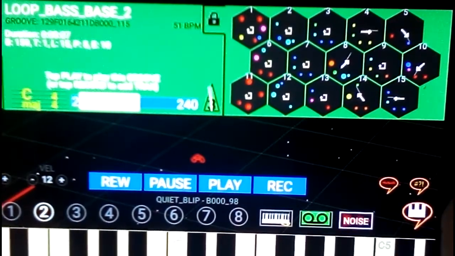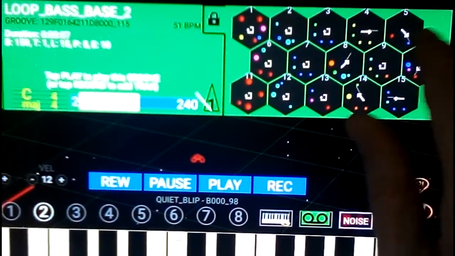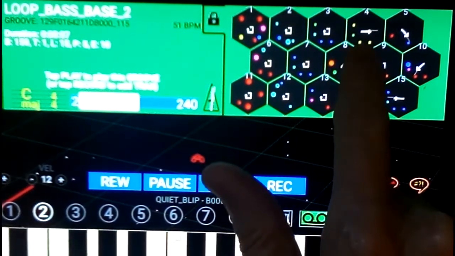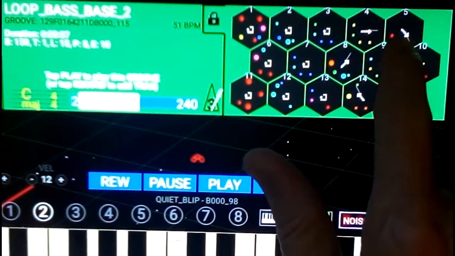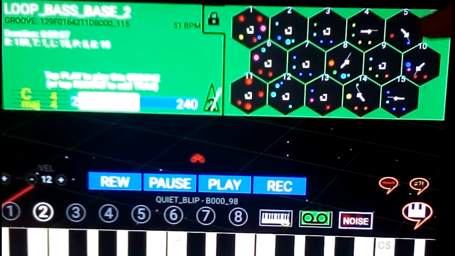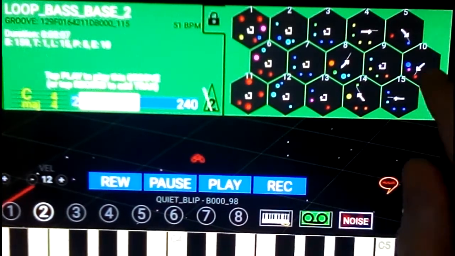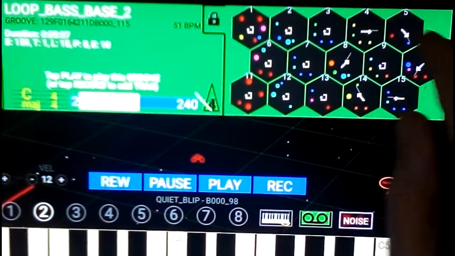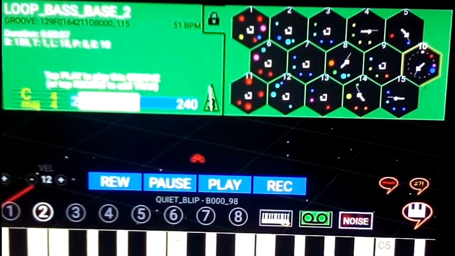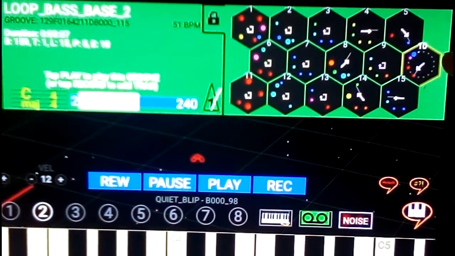Each loop has 6 neighbors, and I can drag an arrow. So when this loop here, when loop 4 finishes, it will trigger the loop to its right, and that's loop 5. And when loop 5 finishes, it will trigger the loop to its southeast, which is number 10. And I have them basically going in a circle. So if I just start it anywhere in the loop, it'll start playing this guy, and when he's done, it'll